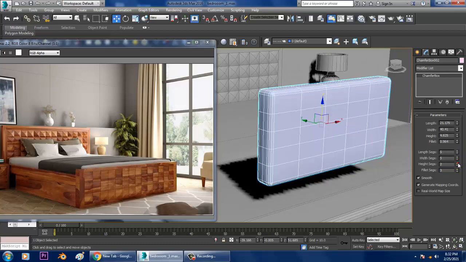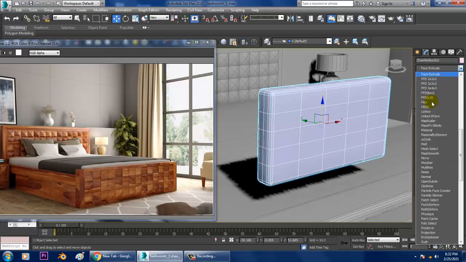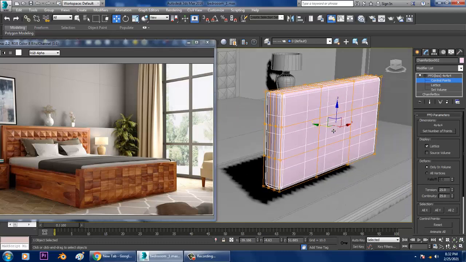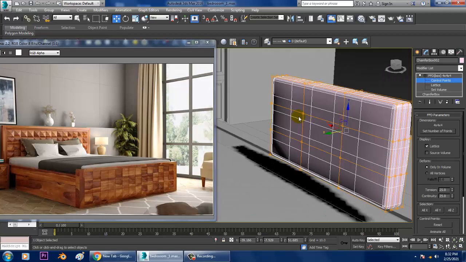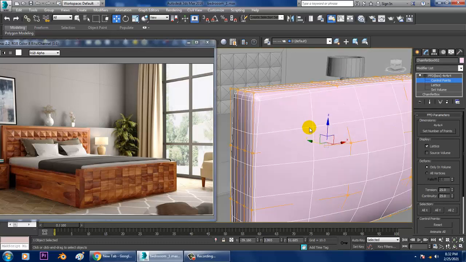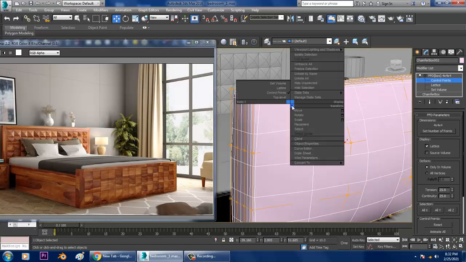You can give some segments and let's give an FFD box, that's your free-form deformer. Let's select these control points and we can slightly push this out in this way. Then I can convert to editable poly.